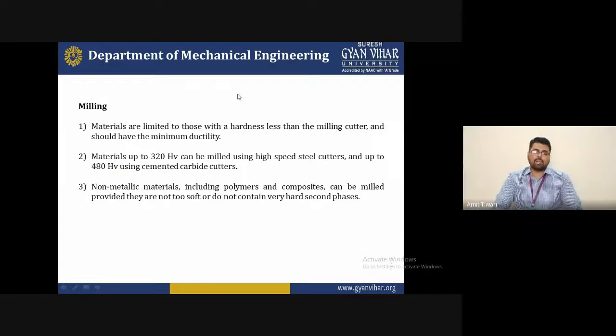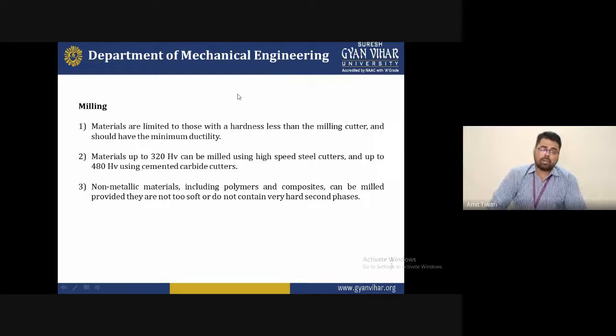Now in terms of milling, the materials are limited to those with a hardness less than the milling cutter, and they should have minimum ductility, because if the hardness of the material is much greater than the milling cutter, the tool will wear and be damaged during the machining routine.